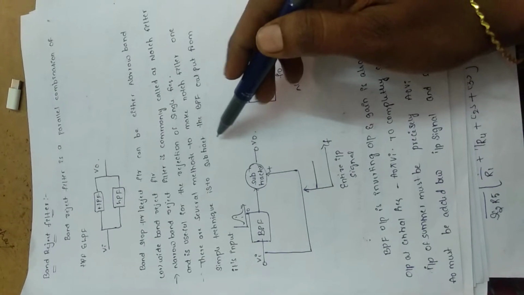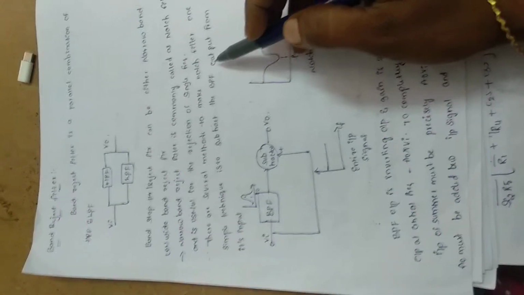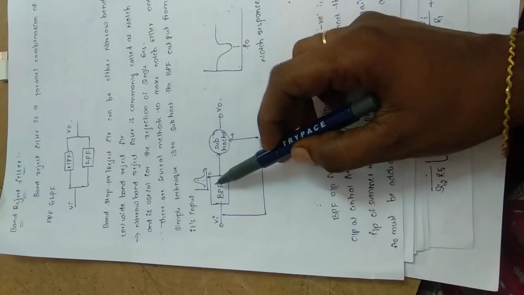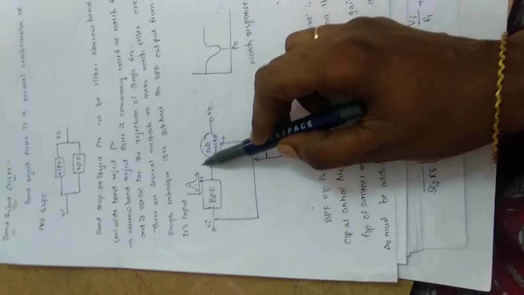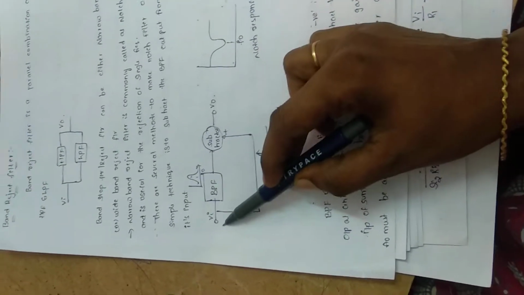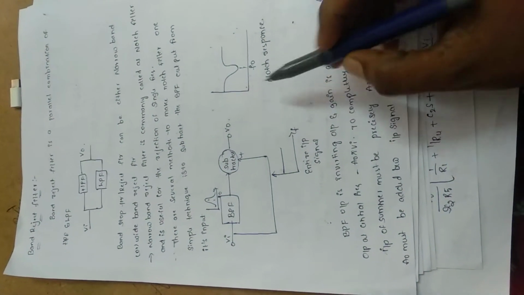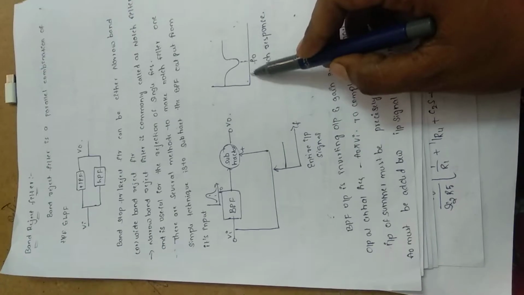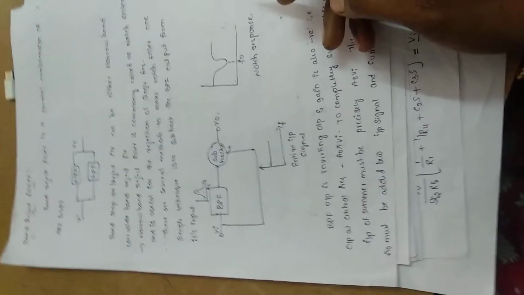One simple technique is to subtract the band pass filter output from the input. Here is the diagram for the notch filter. Input is given to the band pass filter, and the band pass filter output is subtracted from the given input, then we get the band reject filter. So the band reject filter allows only signals before the low cutoff frequency and after the high cutoff frequency.